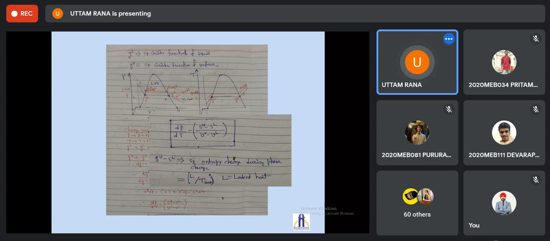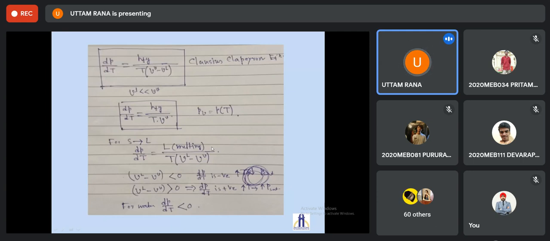That is Tsat. So if you know the latent heat and the corresponding saturation temperature, you know the numerator SB minus SL, which is basically L divided by Tsat. So we can write dP/dT as L divided by Tsat, divided by VB minus VL. That L is also known as hfg, the enthalpy of evaporation. In its primitive form, this equation is one of the forms of the Clausius-Clapeyron equation.